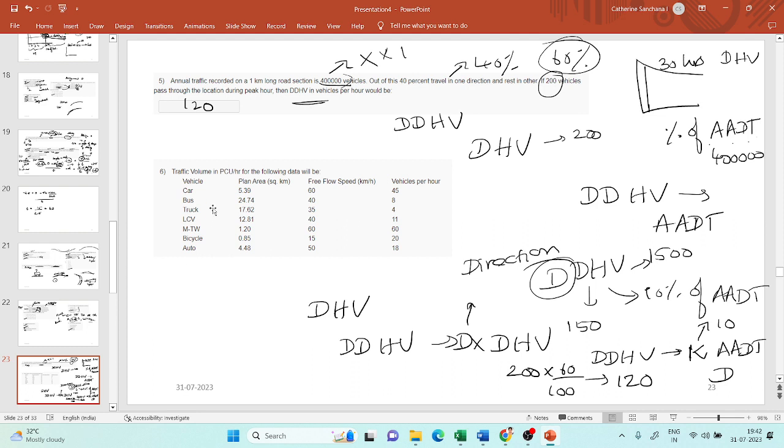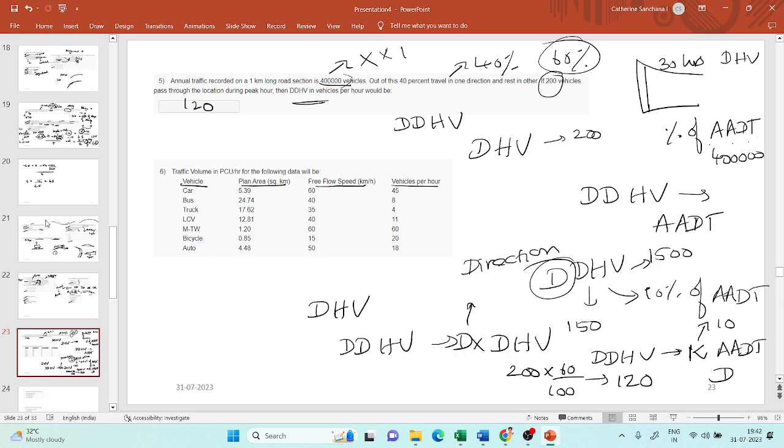Traffic volume in PCU per hour for the following data. So this is the data that they have given. Vehicle, plan area, free flow speed, and vehicles per hour. Okay. So as I said,